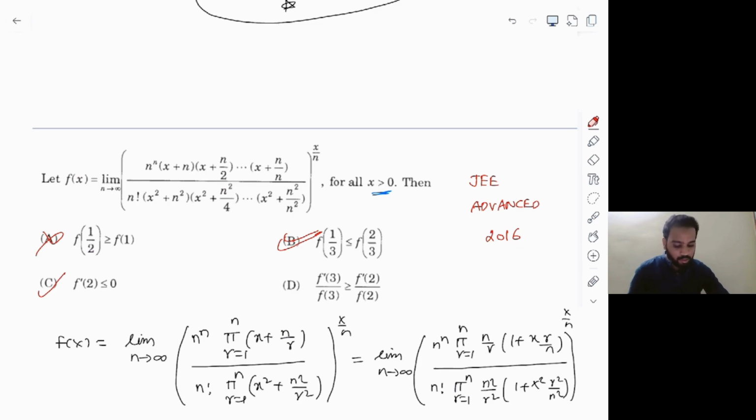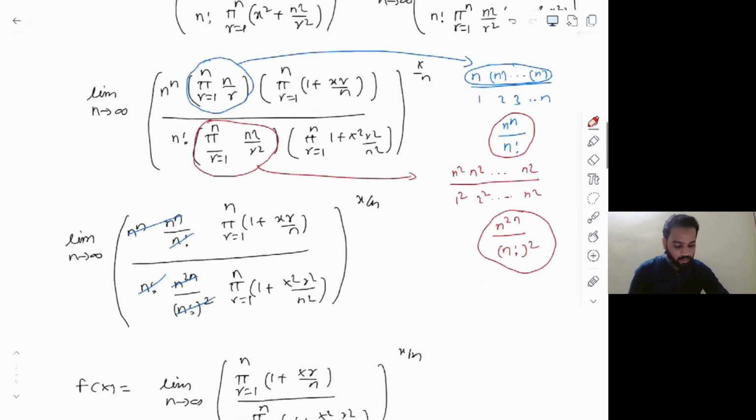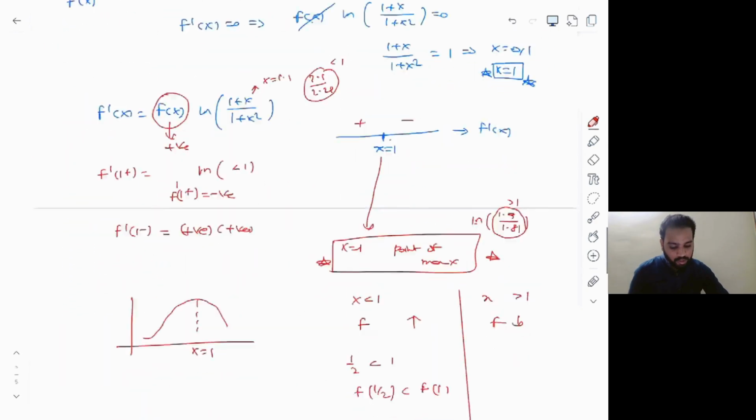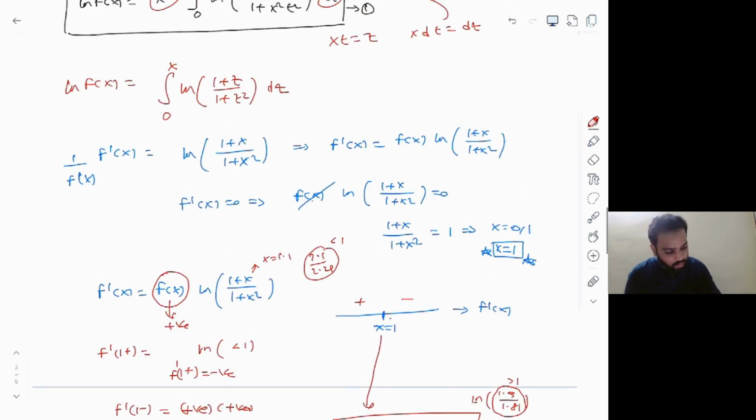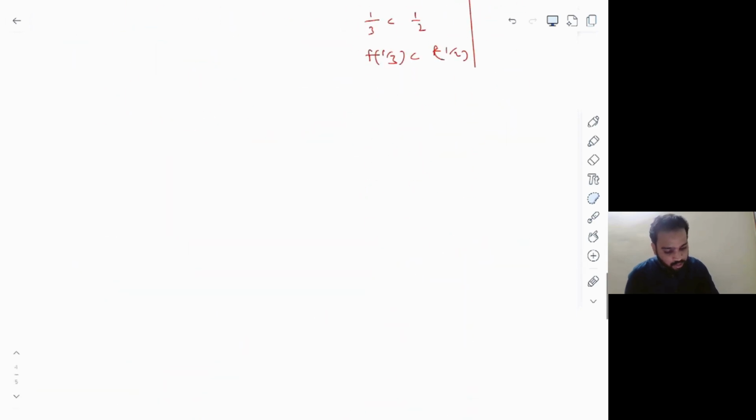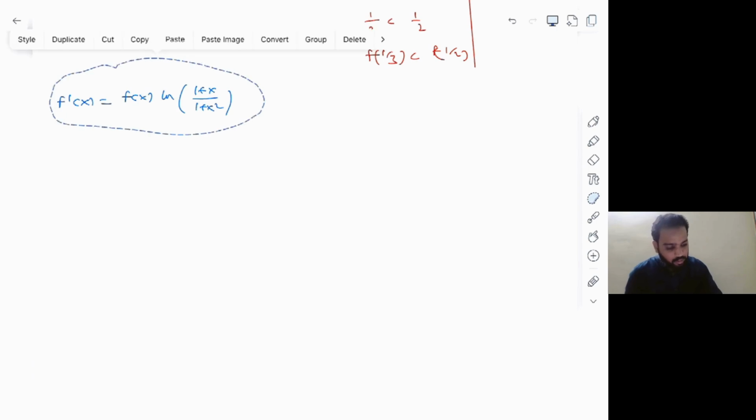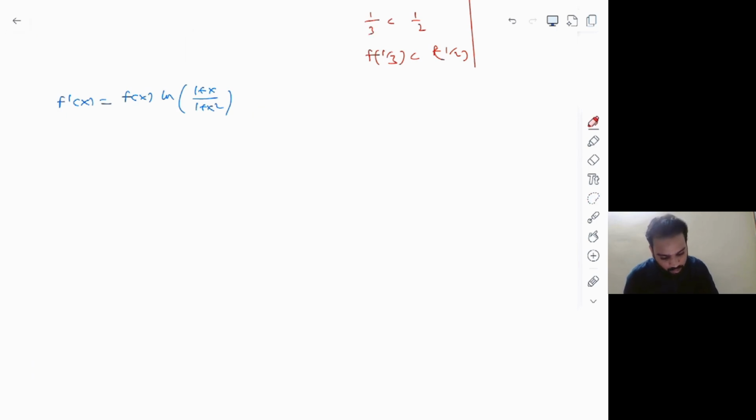And one last option to verify is f dash of 3 divided by f of 3 greater than or equal to f dash of 2 divided by f of 2. For that we can simply take this expression that we have got, f dash of x divided by f of x from here. I hope you notice this. f dash of x is equal to f of x into this value, right? Just take that and bring that f of x to the left side, and you can write it as f dash of x divided by f of x is equal to